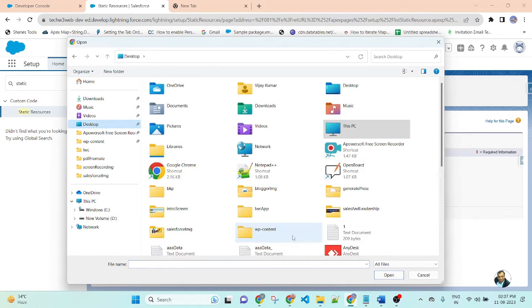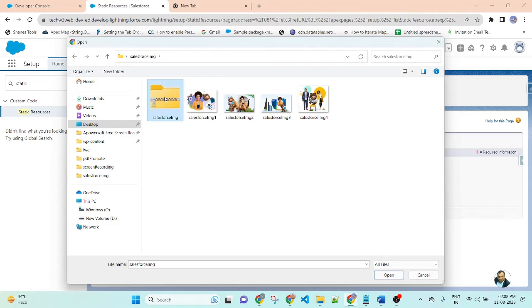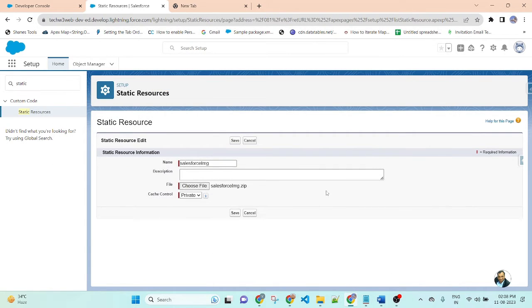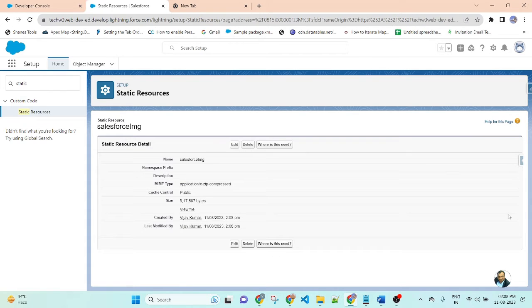So go to the desktop, my image folder, and select this zip file. Then here change private to public and save. So I uploaded the zip file in a static resource.